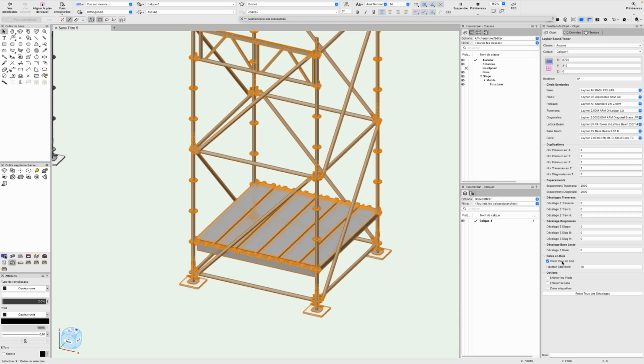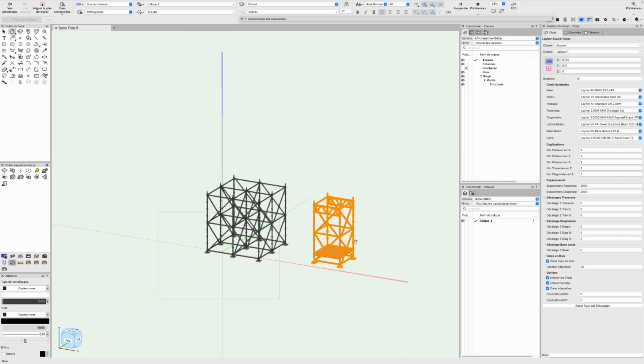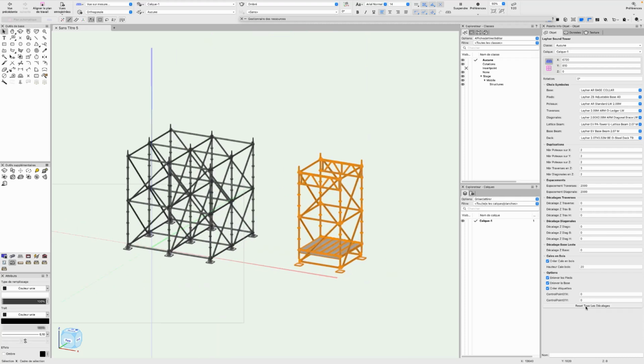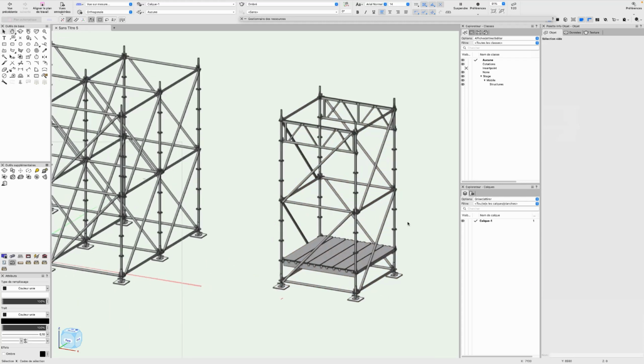We still have the option to create wooden steps. We can always remove the feet from the base and of course create our label to have the number of parts, and the last option is the reset of all the steps. As I did not put any, nothing happens, but if I had put steps, it would all be put back to 0. Well, here it is for the plugin